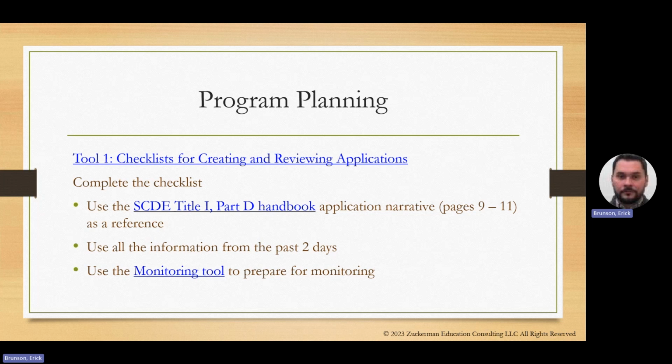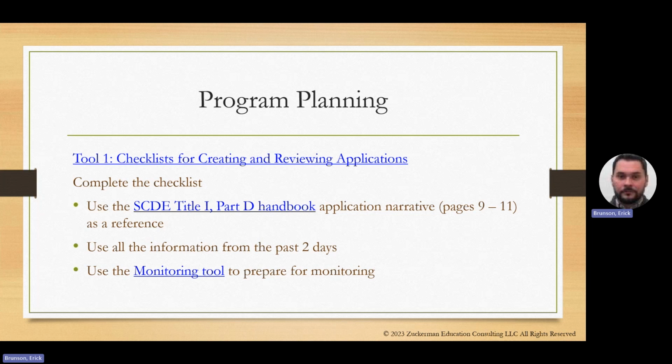And then the last thing is, as much as you can, we've had some work time over the past 2 days, you can use that work time. So the needs assessment activity that we did at the beginning and the various activities that we did, you can build them in, and hopefully they will help you work on your application narrative, your monitoring documents, and kind of pulling it all together. So we're going to have about an hour and 10, hour 15 minutes, sometime about 2:45, 2:50, we'll come back together for one final opportunity to see if there are any final questions that we have.